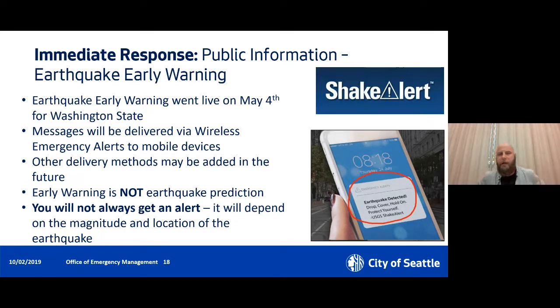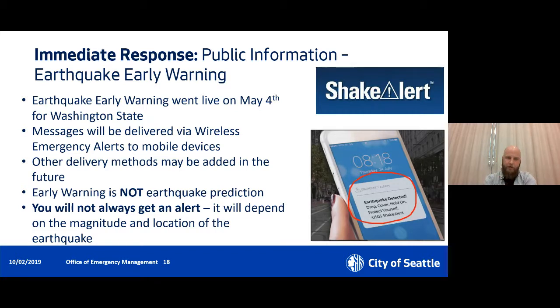So right now, the primary way to deliver messages is through wireless emergency alerts. And so if you've ever gotten an Amber Alert, it's essentially using that same technology to push this alert to your phone. So this is not something you have to sign up for, but as long as your phone has wireless emergency alerts enabled, which by default they normally do, then you will get the alert showing up on your phone. The link that I provided goes to Washington State Emergency Management Division's info on earthquake early warning, and they do have some resources in there about how to make sure that this is turned on your phone. And I would just stay tuned to OEM's calendar and other things that we have going out, because we'll probably do more sessions on this in the future.